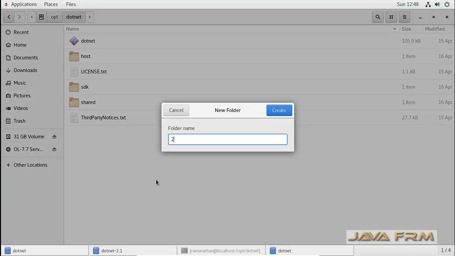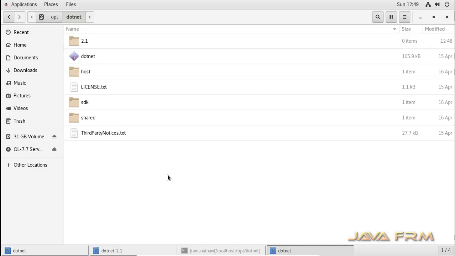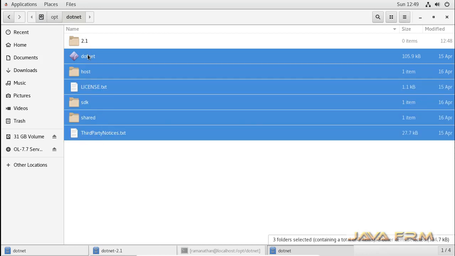So extraction is done. Separately I created one directory called 2.1 and I'm going to move the extracted contents to that directory 2.1 for clarity.